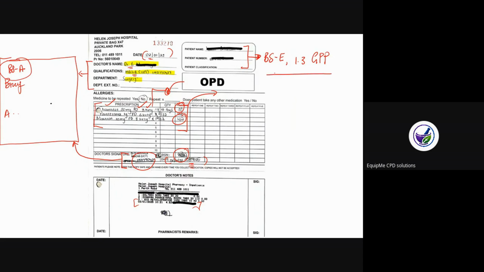Okay. And then in application, I am telling the assessor, just a brief explanation as to what's happening here. These are the patient's details, but they are covered according to the code of conduct. Okay. I applied principles of confidentiality according to section 1.3 of the GPP. Okay. According to section 1.3 of the GPP, I covered the patient's details for the purpose of this CPD and ensured that confidentiality was maintained, linked to behavior statement E. I hope this makes sense.